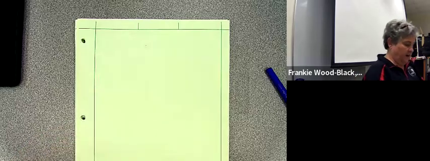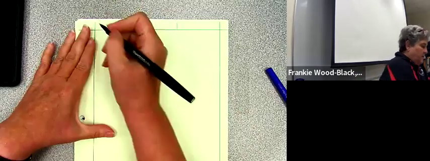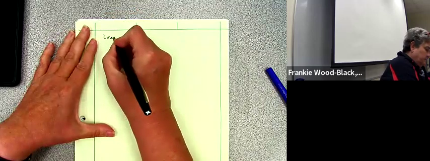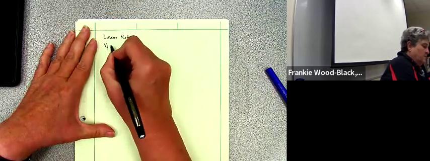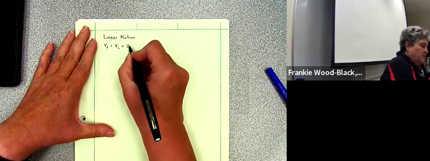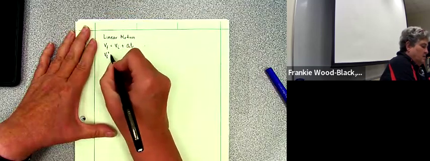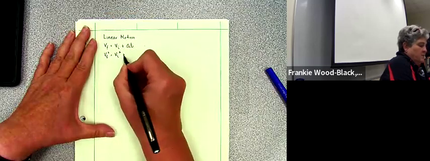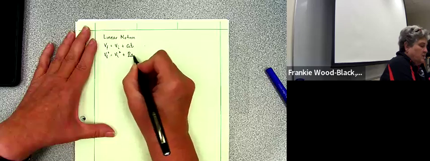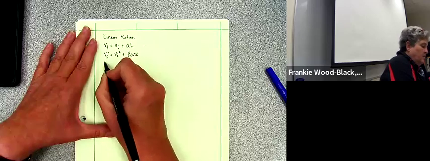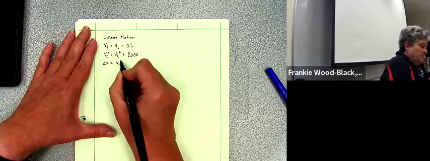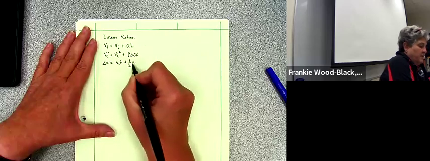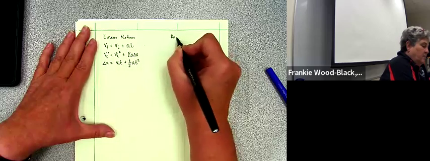Okay, so far this semester, we've covered linear motion, and that gave us our v final is equal to v initial plus acceleration times time; v final squared is equal to v initial squared plus 2 times acceleration times my change in position; and my change in position is equal to my initial velocity times time plus 1/2 my acceleration times time squared. We've done angular motion,